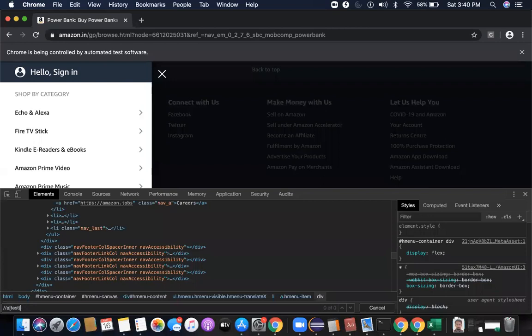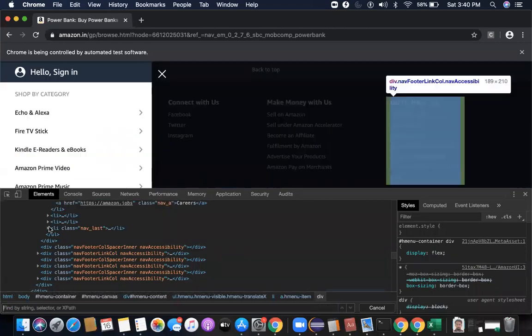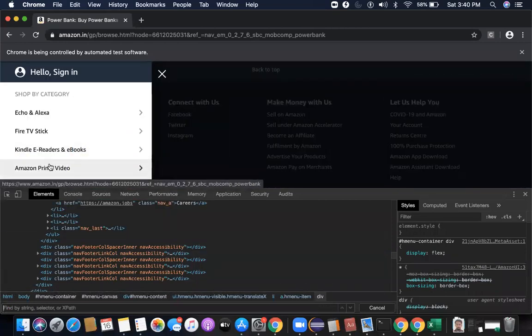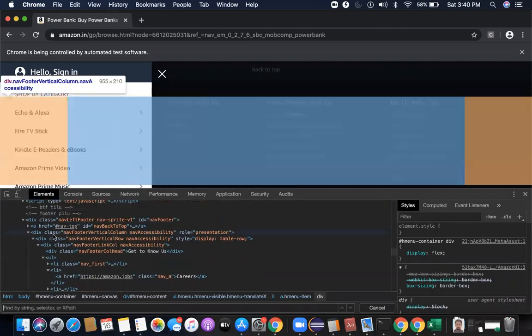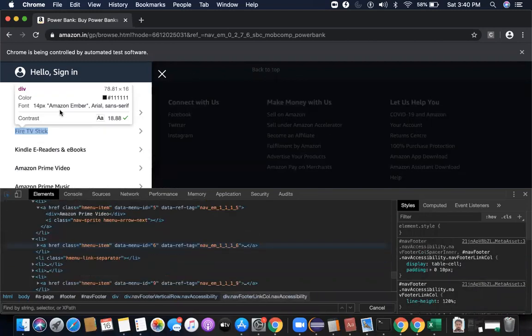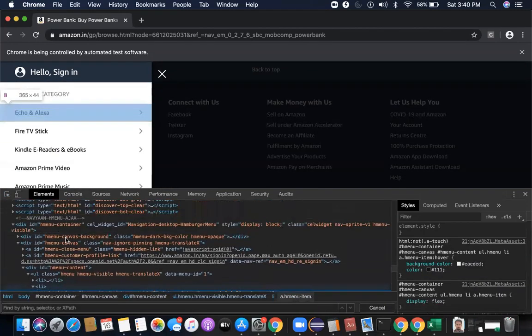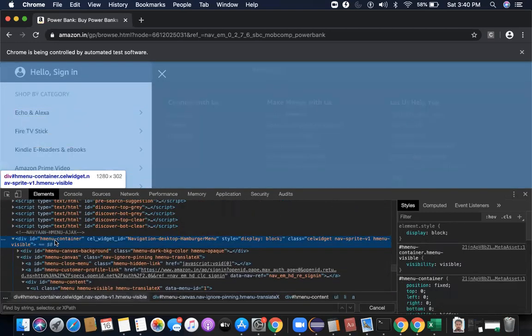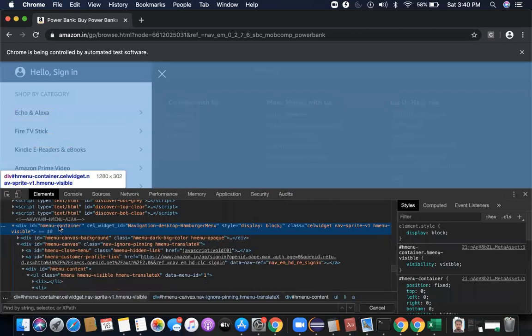What I want is to first locate that this element has to be inside a parent which comes after I click on the hamburger menu. So first I need to find its parent, which is, no, not this, sorry, which is the H menu container. First I'll try to find this.